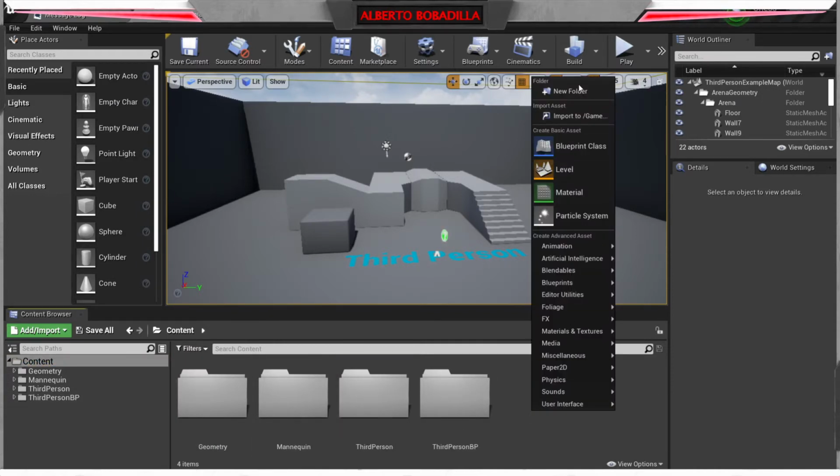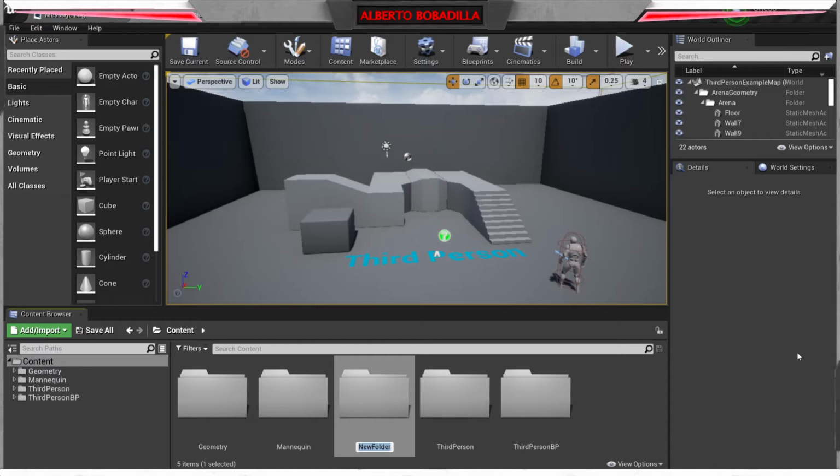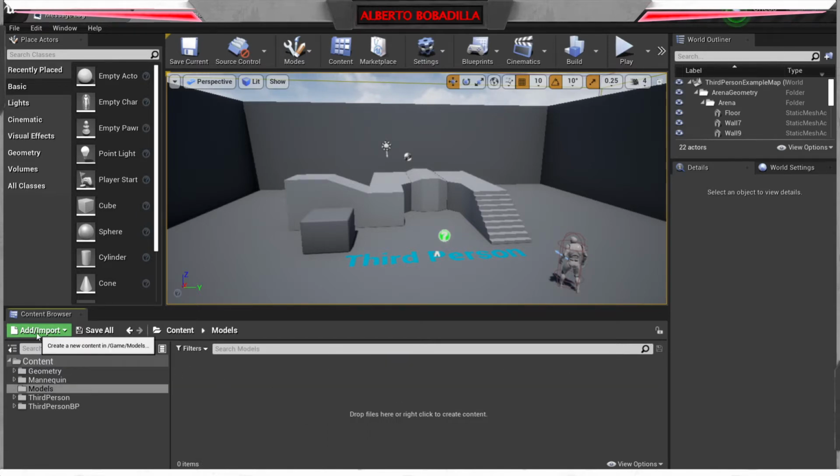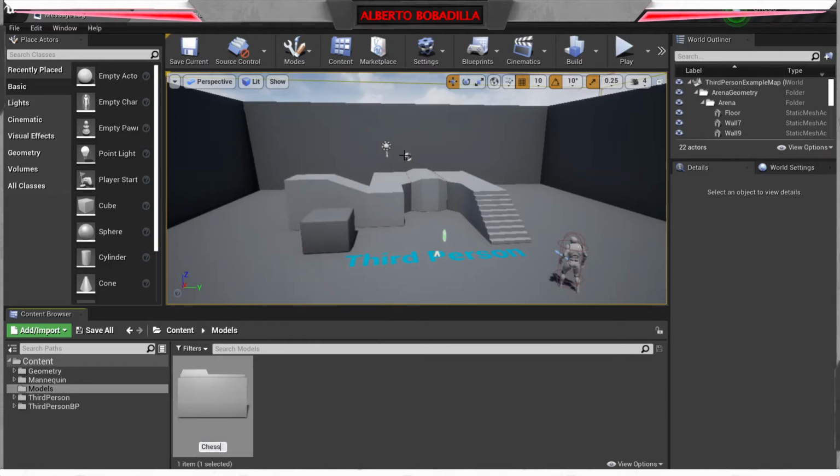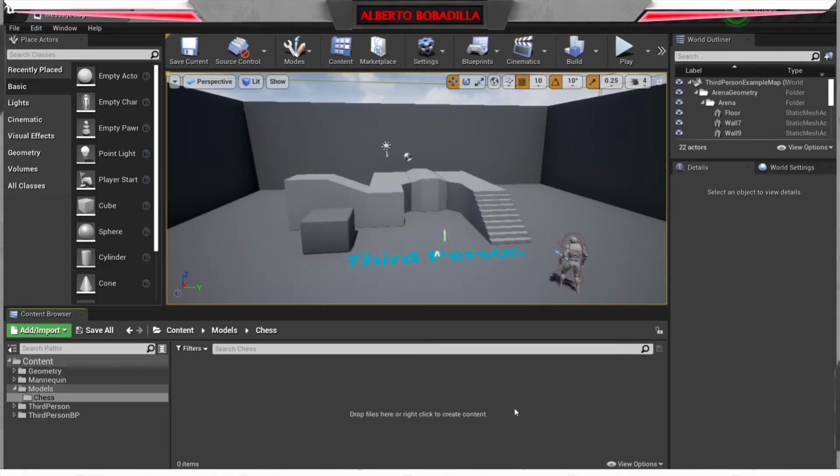And I'm gonna be making a new folder. So this folder is going to be models. I'm going to go inside of that folder and I'm going to add another folder. This one is going to be my chess. So I'm gonna go in here and